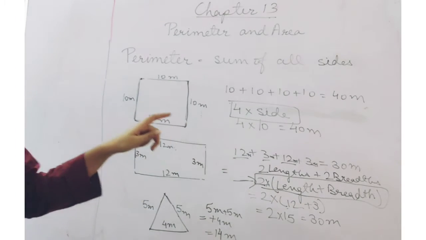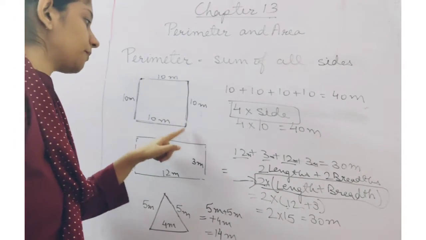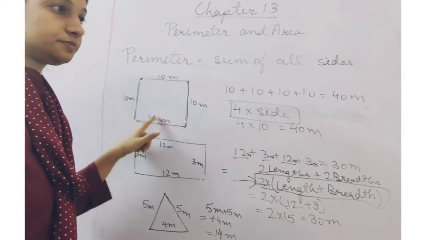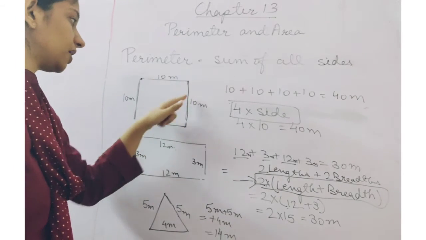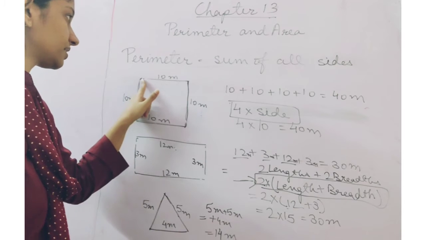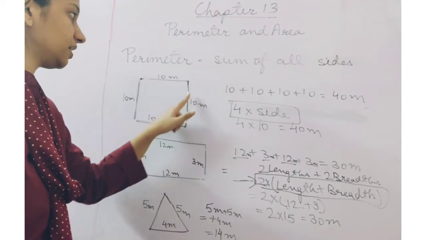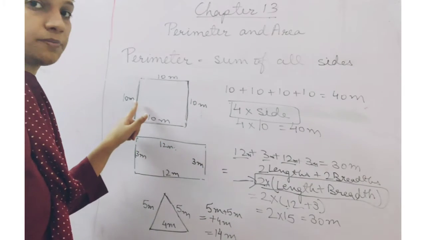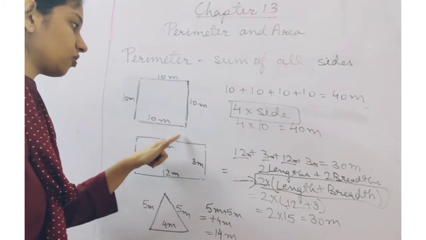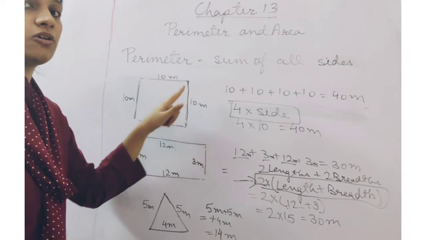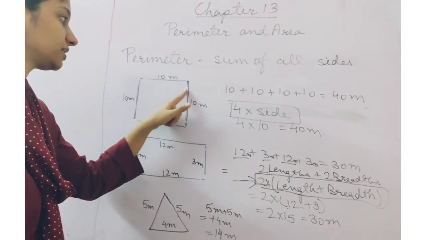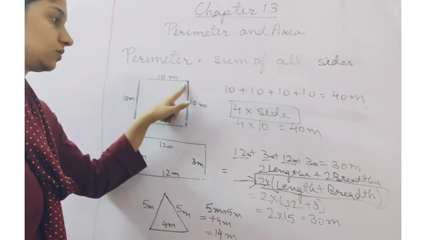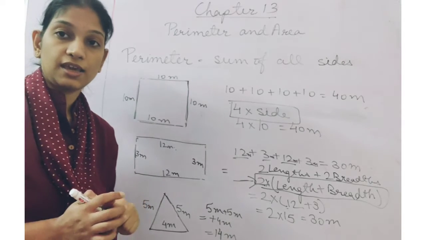When I talk about perimeter, I am basically talking about the boundary of a place, okay, a boundary of an object. So if I talk about perimeter, that means either I am putting the fence around it or I am walking around the boundary of the park or I am constructing walls around the park, okay, or around a building. So perimeter is basically this boundary, okay. Now let's talk about area.